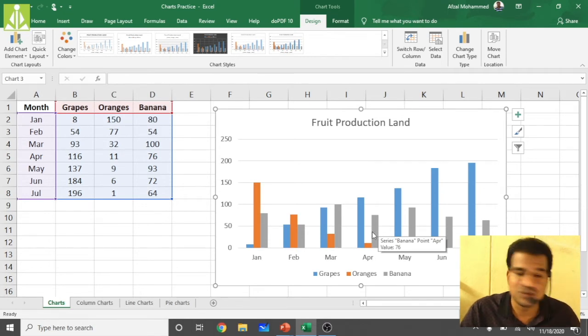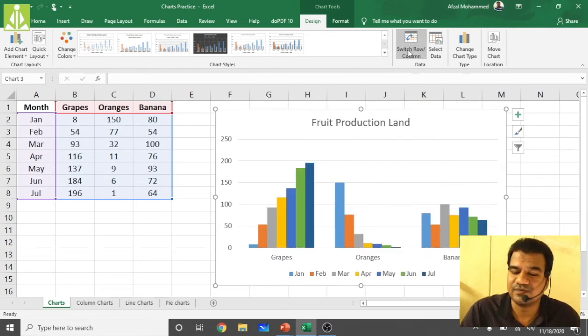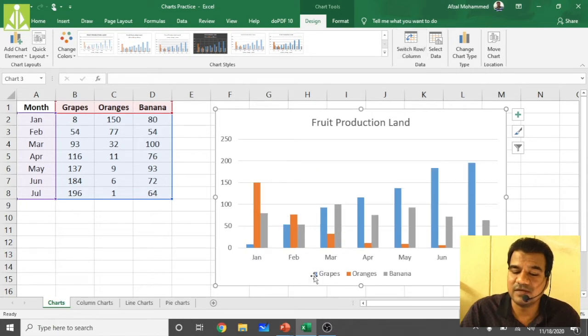Let us suppose we are switching the columns. If you want to switch these columns, simply go to Switch Row/Column, as you can see. Previously the months are over here, and the column values, grapes and so on, are over here.